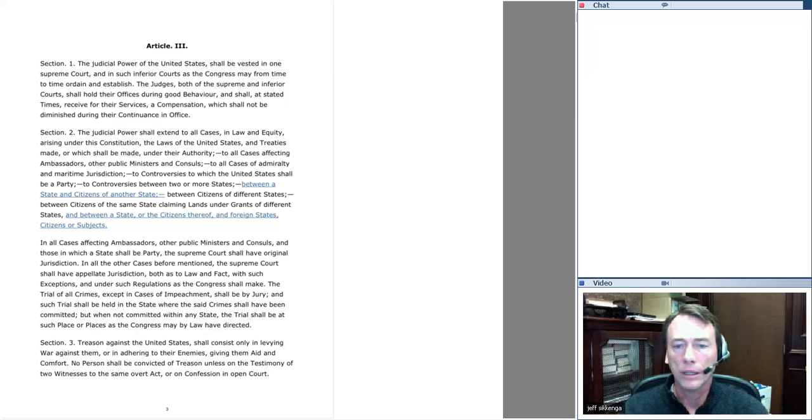The favorite way to get at your enemies in England, as you know from English constitutional history, was to accuse them of treason and lock them up in the Tower of London. That was a famous way to get at people that you couldn't otherwise get at, because treason was so open-ended that many things were possible, and many avenues of attack that you could take against your political enemies.